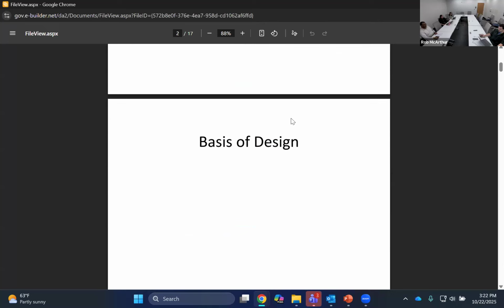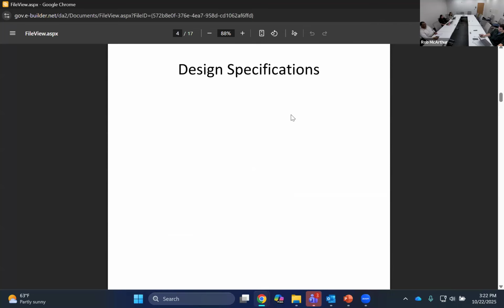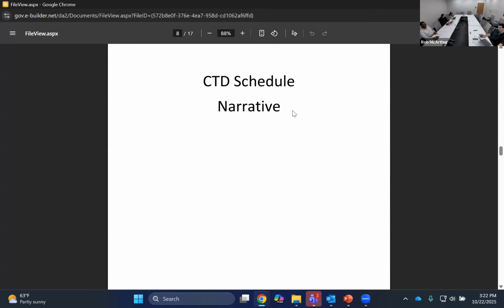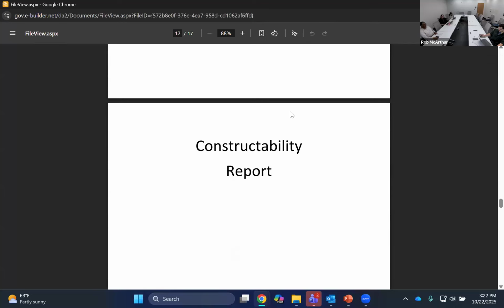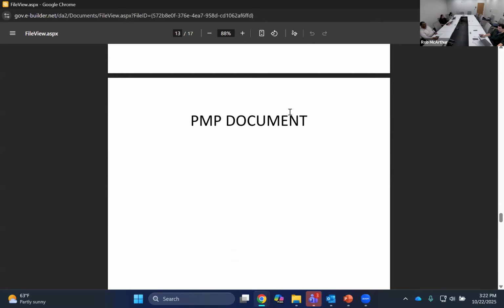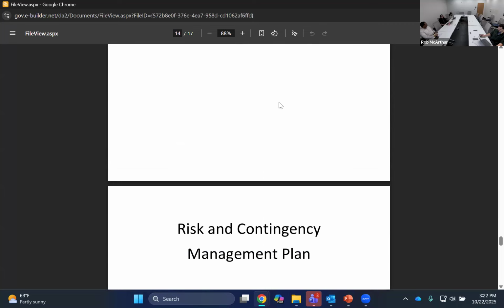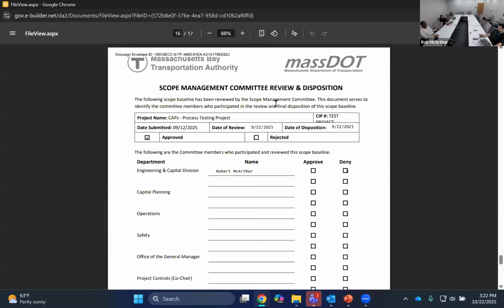Scrolling through the package, we have the basis of design, the design plans, the design specifications, the project schedule, the project budget, the cost estimate, the CTD schedule narrative, the CTD schedule, value engineering report, risk assessment report, constructability report, the PMP document, geotechnical baseline report, if necessary, the risk and contingency management plan. And then lastly, we have this document, and this is the document that the scope management committee is signing off